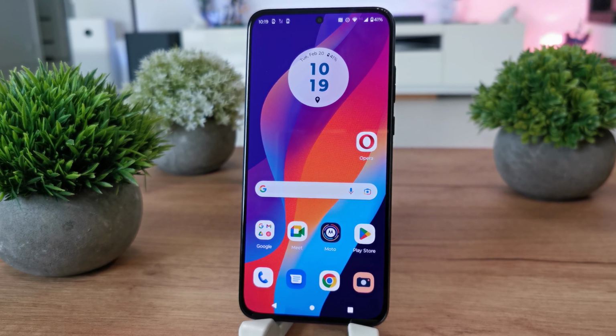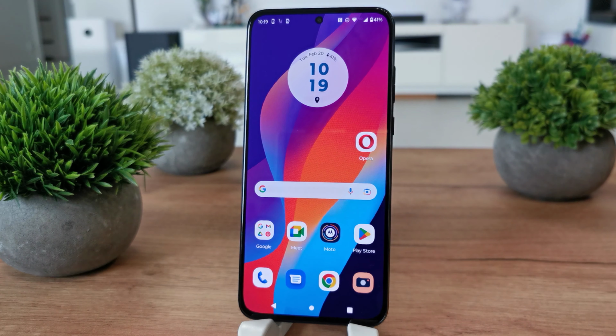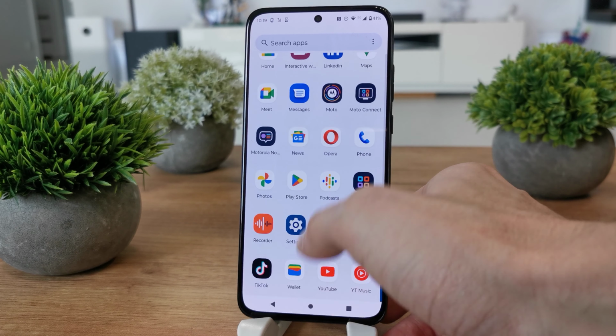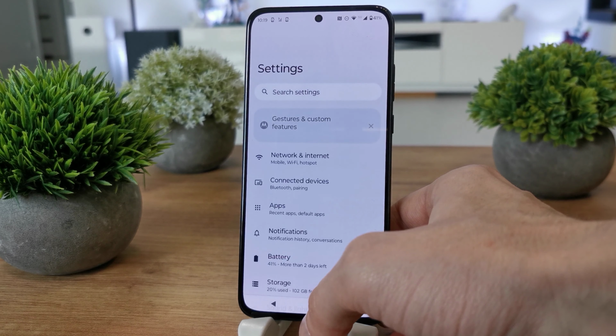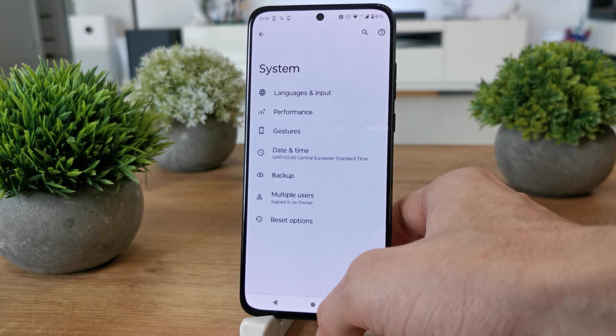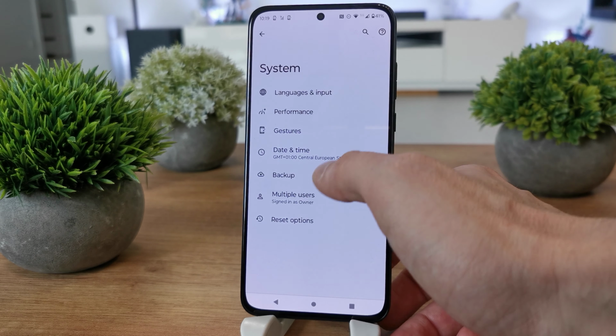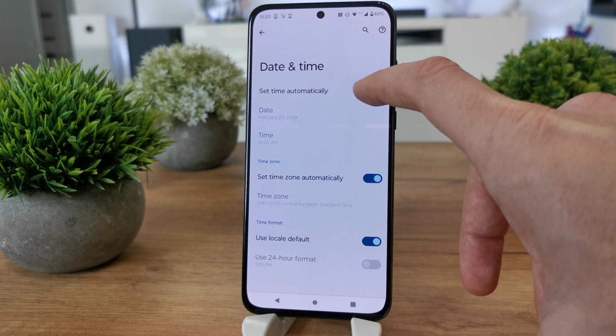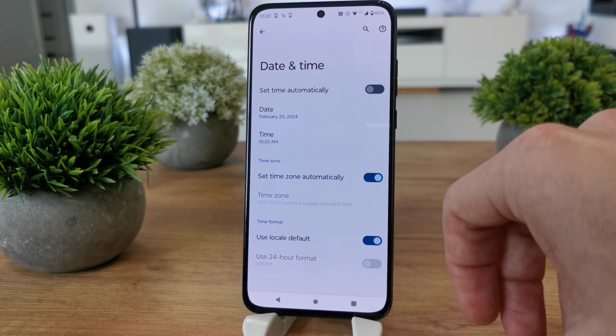Today I'm going to show you how to change the date and time in the Motorola Edge 30 Neo. To do this operation, slide up, scroll down and search for the settings here. Now scroll down and search for system here. Yep. Now there is a date and time option. Automatically it's set for the date and time, but